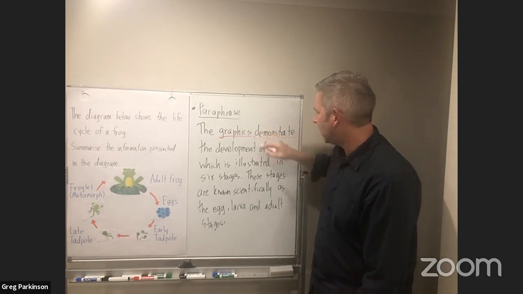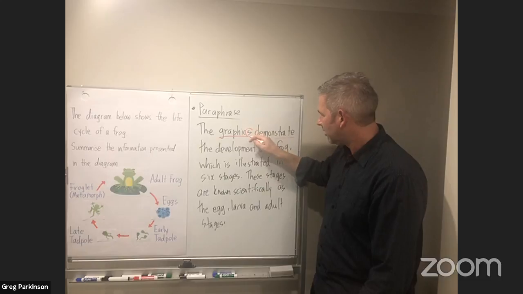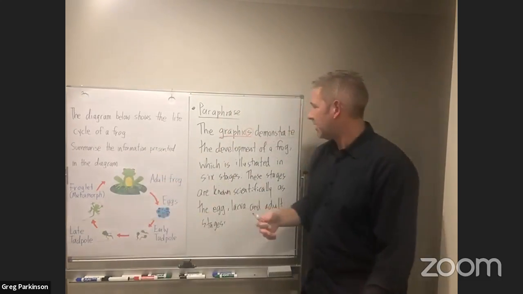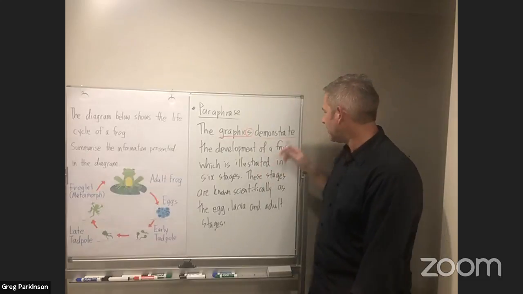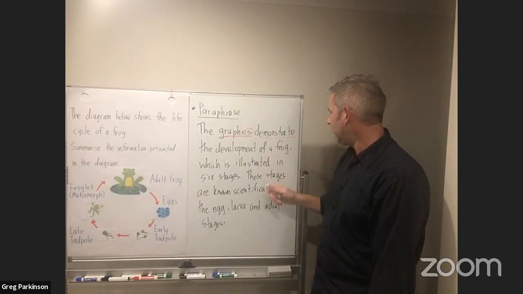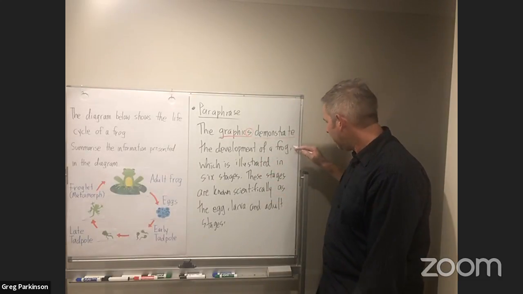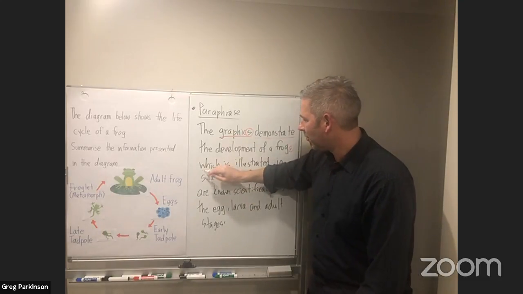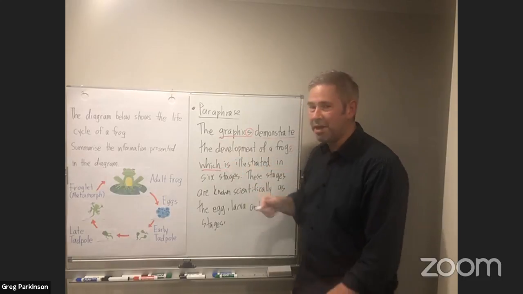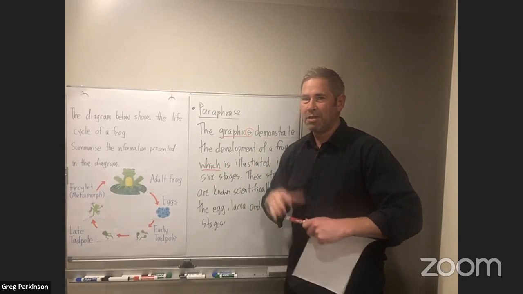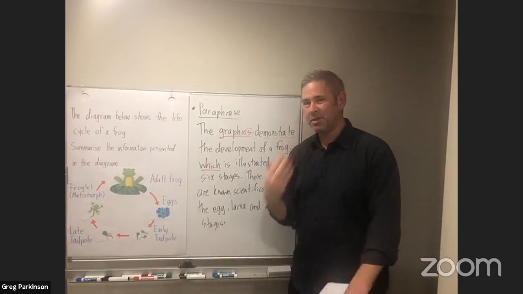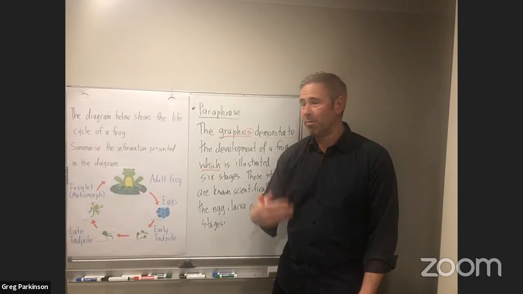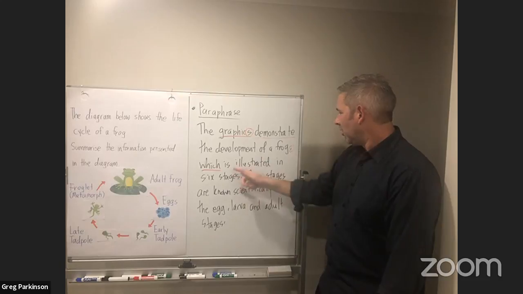So again, subject verb agreement. Graphics are plural. So graphics, we have basically 6 different images. So this means they're graphics. Demonstrate the development of a frog. Then, comma, I'm adding in a complex sentence, right? So straight away, my first sentence, I want to make it complex if possible. Just show the examiner that I have a wide range of grammar and I can form complex sentences, which is